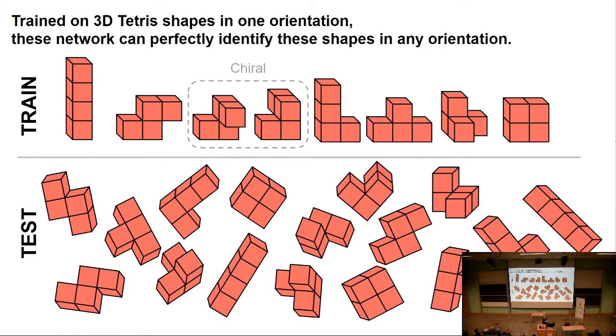So let's say I show my neural network these shapes one at a time, encoding them as 4 points in 3D space. So I give them 4 points in 3D space, and I say, please tell me which shape this is. So if I've trained it to identify those top pieces, by a guarantee of how the network is constructed, by default, I can perform the same task on this test set of rotated objects, and it should perform perfectly, even though it's never seen a rotated Tetris piece in its life. This is what it means to have rotation and translation equivariance. I can show it the same thing in any location or orientation, and it knows it's the same thing. And it also knows that it was rotated or translated.